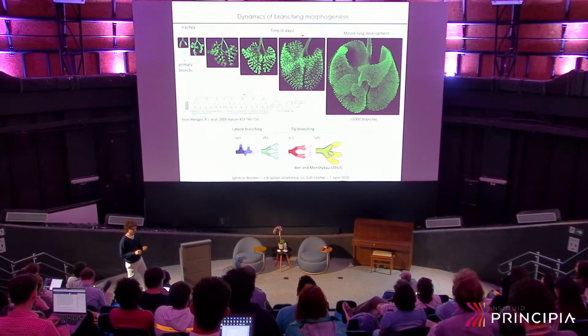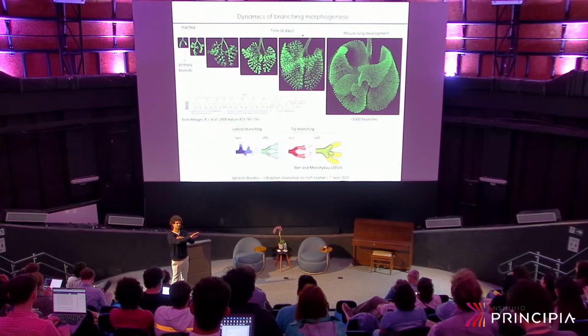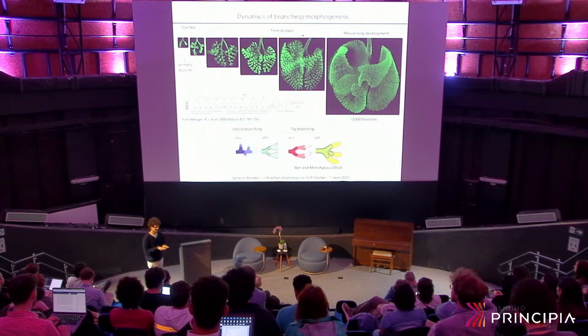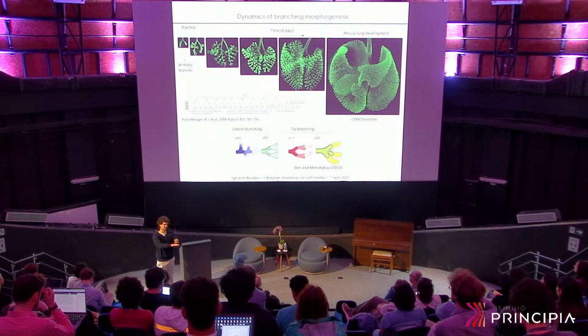branching. So some of them include lateral branching. So you have the duct of the tissue, and even from the duct, there's new tips coming out. There's tip branching events. Those are the ones I'm going to focus on today. So you have tip branching, that is a domain branching, where one duct forms a whole lot of new tips